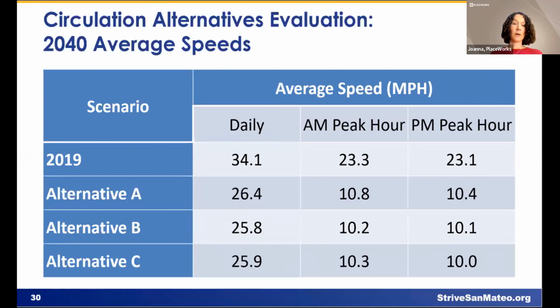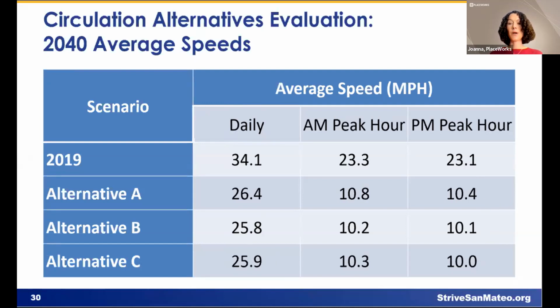So again, alternative A has slightly higher average speeds than alternatives B and C. And again, that's because alternatives B and C would bring more people to San Mateo overall, and also slightly higher average speed. But this trend flattens out. There's less of a difference between B and C than there is between